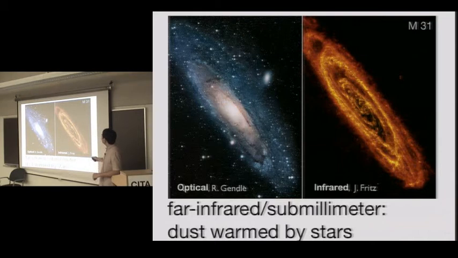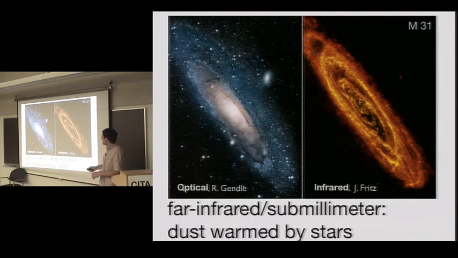Here's a pretty galaxy. This is the Andromeda Galaxy, M31, in the optical and in the infrared. The infrared being made up of far infrared and submillimeter. It's a composite. Both of these are color images, right? But notice that the light here is happening in the center, more or less. There's this satellite galaxy here. And then the light here is really coming from these arms. Well, what you're looking at in the optical is starlight. And what you're looking at in the infrared is dust light. Dust light because the dust was warmed up by starlight.